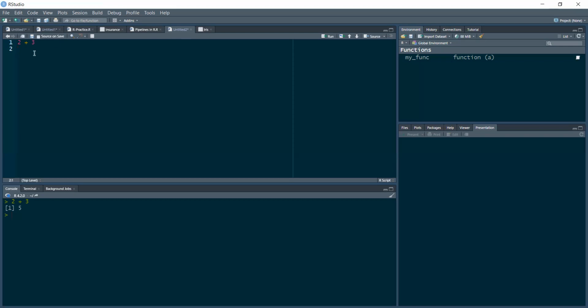Okay. So this is how we perform arithmetic operations. For addition, it's just plus. For minus, it's just minus. Just simple stuff. Then you can run by pressing Control Enter. You see the output on the console. We can perform multiplication. To perform multiplication, we use the asterisk symbol, which is the star. Say 3 times